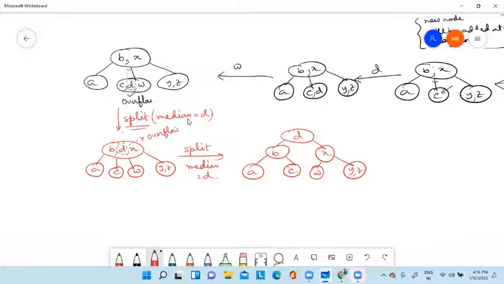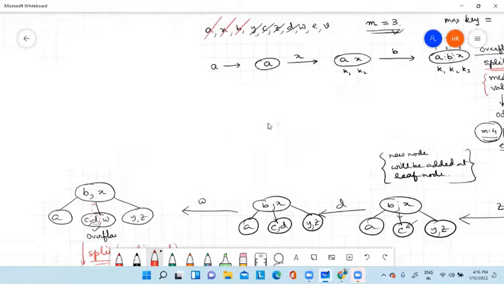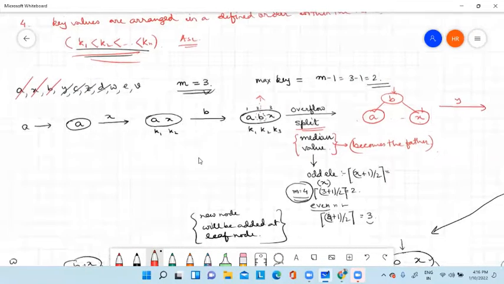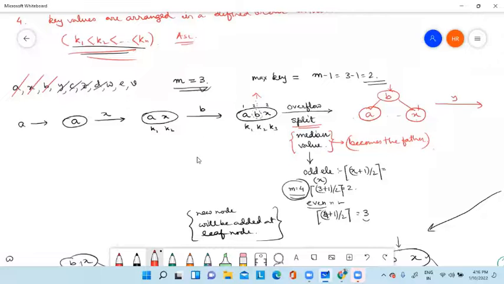comma Z. Okay, so in this way we have to step by step add, and this way if there is any overflow case you have to split. When we will decide that this is overflow, whenever we have already decided at the first step, we have already written that maximum key value is 3. If your key value becomes more than 3, you have to say this is overflow.